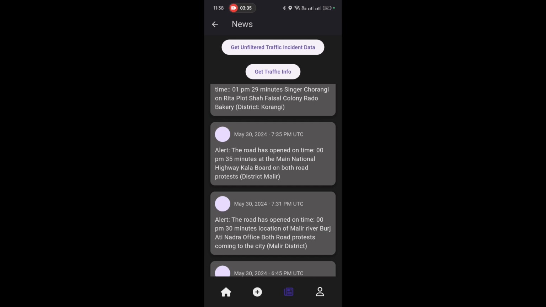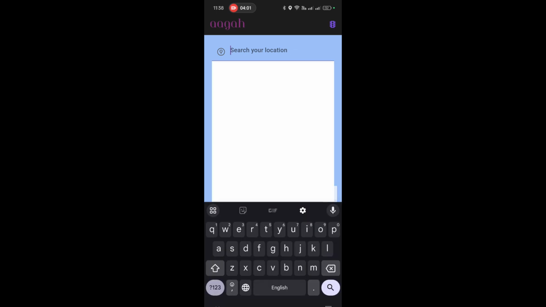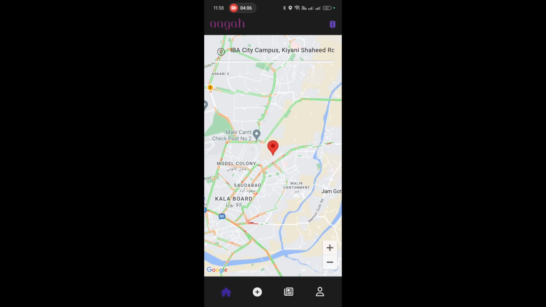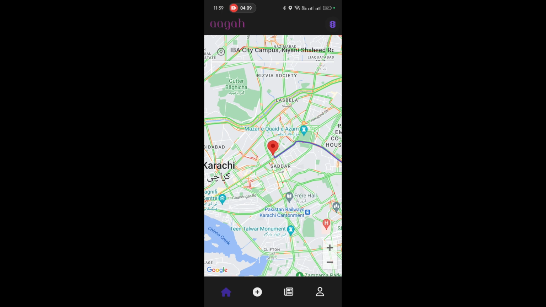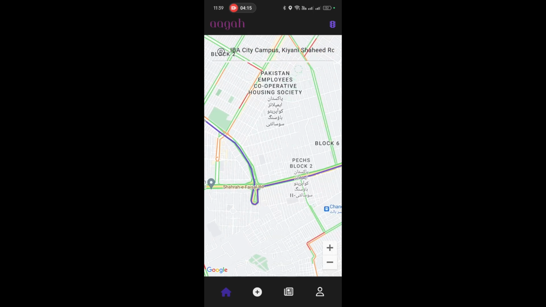And you're going to get notifications for the safe routes. For instance, at 8 a.m. I go to university, right? So our notifications are scheduled, and you can get notifications for the traffic update. It's going to watch Google Maps traffic from home to your location and give you updates for that. It has Google Maps integrated, so it's going to watch Google Maps for you. So if I plan a route to IBA city campus, it's going to specify traffic updates for me too.